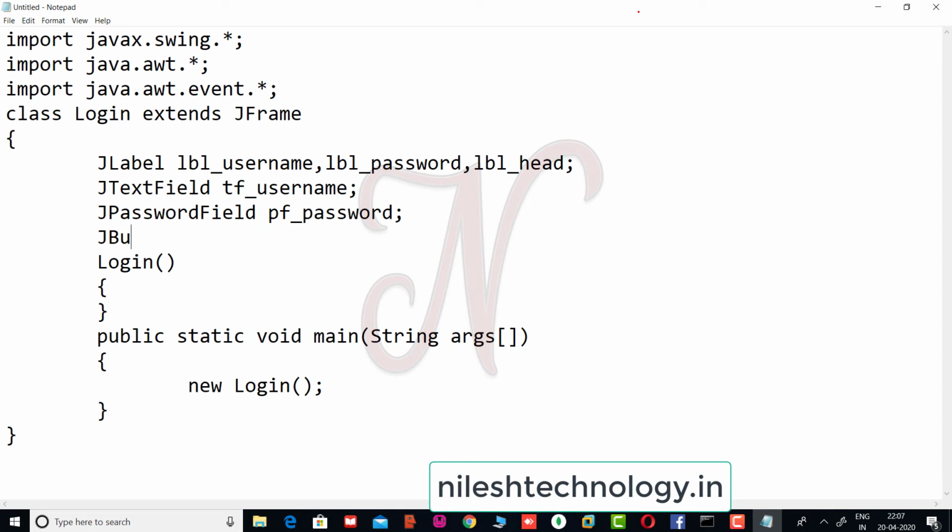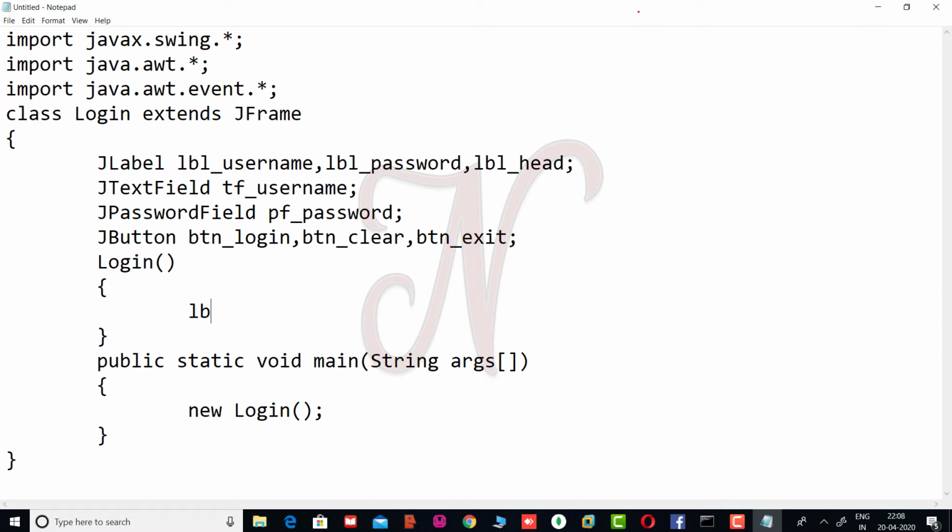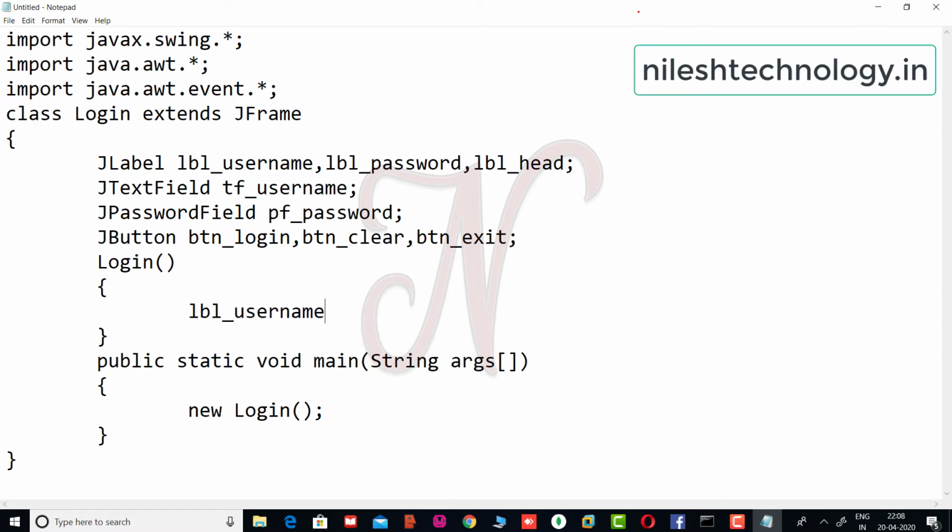Okay, and buttons btn_login, btn_clear, btn_exit. Okay, so we have to create the object of these components. So first lbl_username equal to new JLabel. So my label name is username.